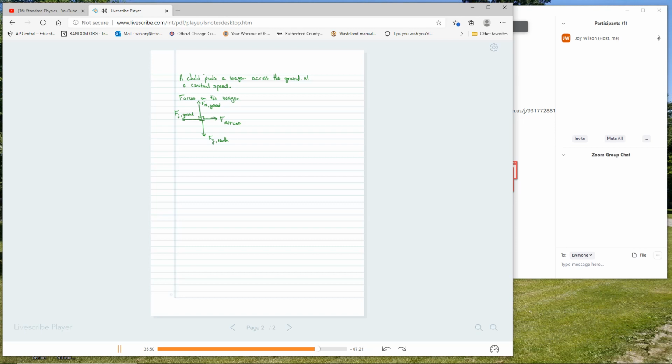Okay, so what is the reaction force for the force of gravity from the earth? Up. It's an upward force of gravity from the earth, so it's a downward force from the wagon. So the wagon is experiencing a downwards force from the earth. We call that downwards force gravity. Therefore,